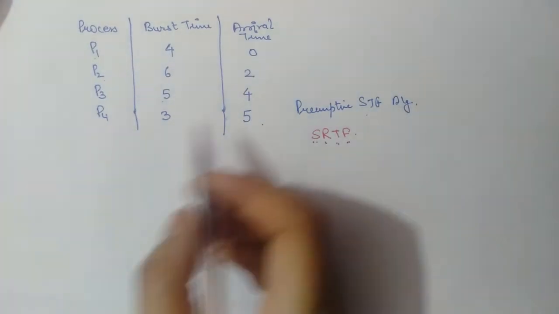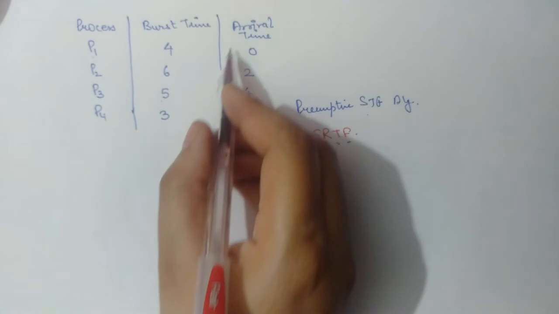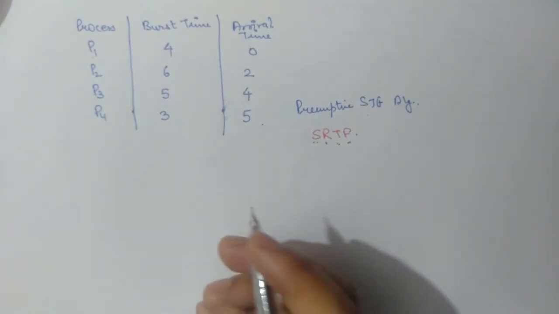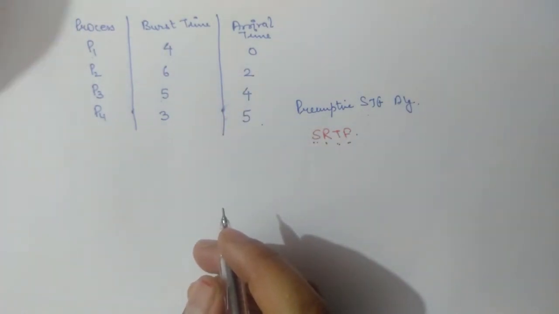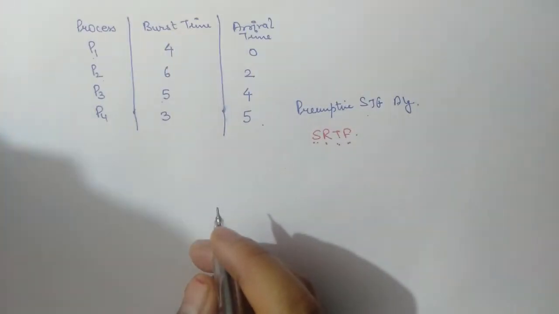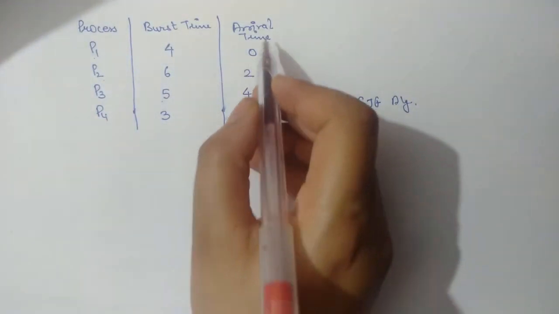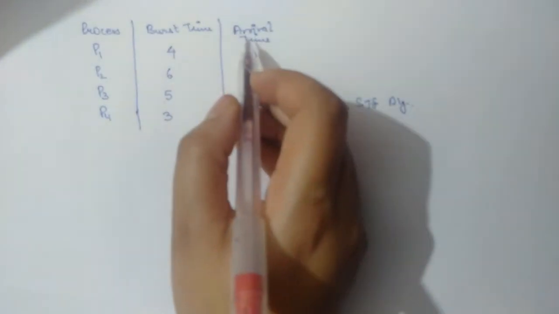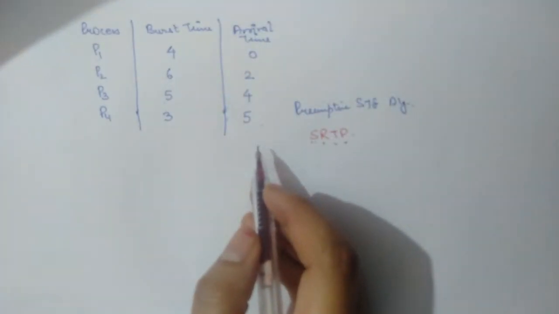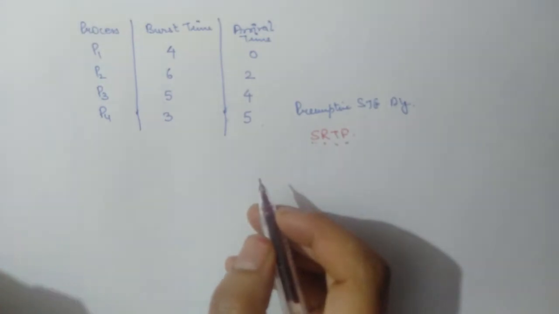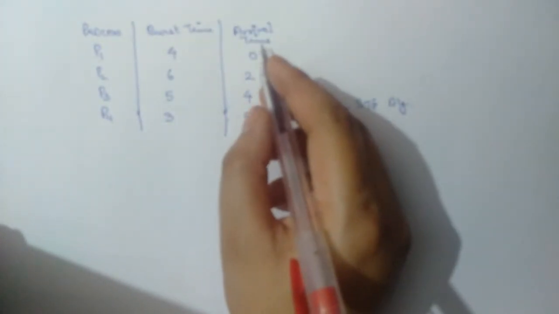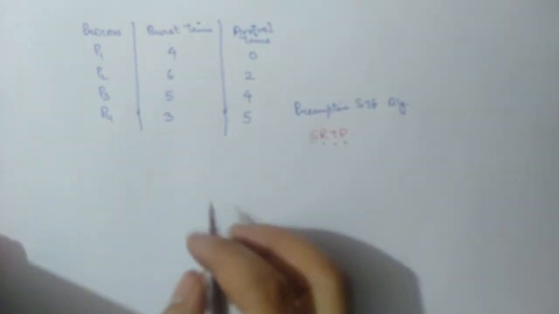In certain situations, this arrival time is not written in increasing order. In a random format it can be mentioned. So first of all, you should arrange it in increasing order sequence, so that you can easily solve the question. Luckily here in this query, the arrival time is written in increasing order.